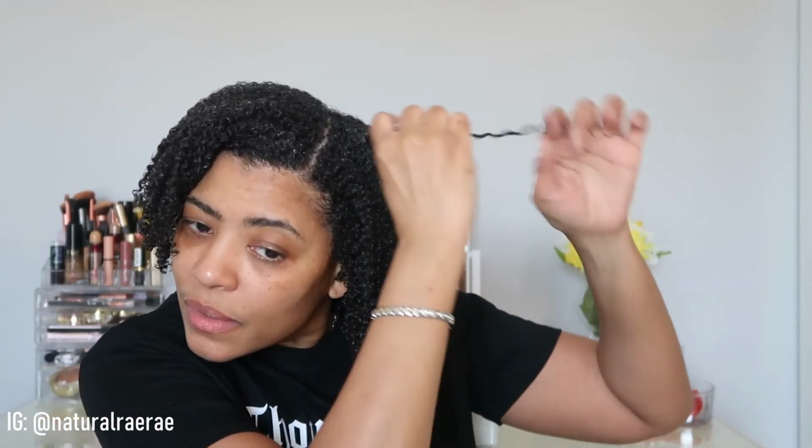And this is what my hair looks like after applying the Wetline to my whole head. My hair did start to dry, and I did not add any more water to it. That's my preference today. I do feel like you get the best wash and goes when your hair is soaking wet. I have not deviated from that, but